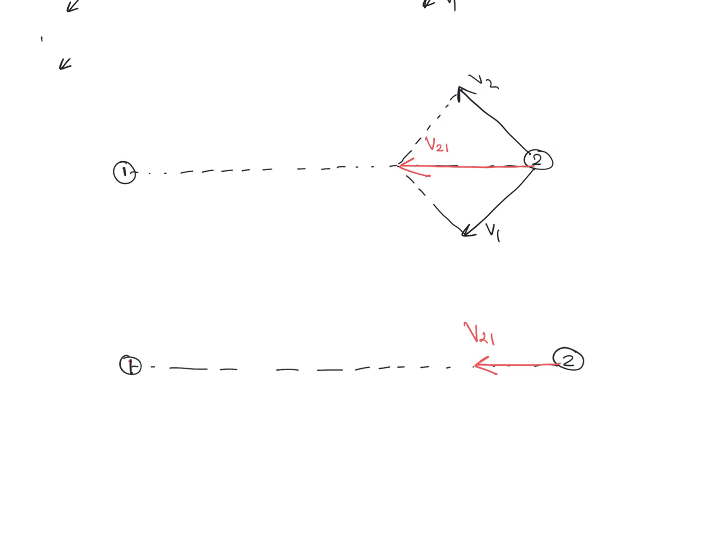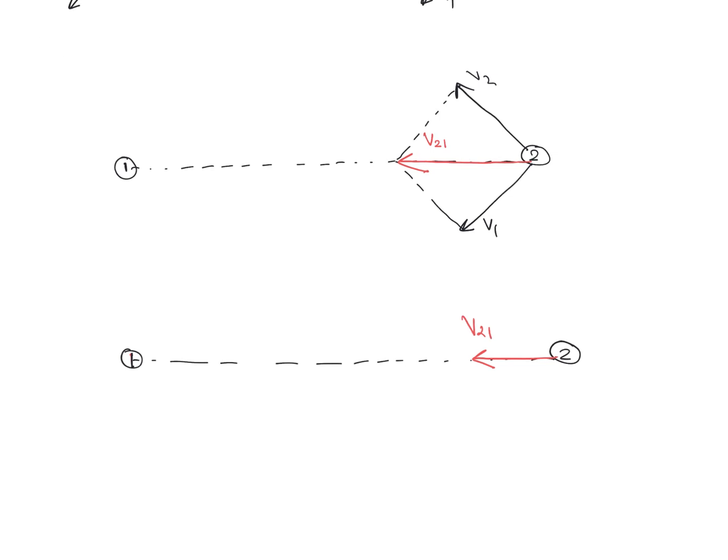In this situation there is no doubt that if 2 is moving towards 1, along the line joining 1 and 2, then definitely after some time 2 is going to make a collision with 1. So this is the condition for collision. We need to find out the relative velocity of 1 with respect to 2, or 2 with respect to 1. If the relative velocity is along the line joining them, definitely they will make a collision. If it is not along the line joining them, then there will not be any collision. That means,